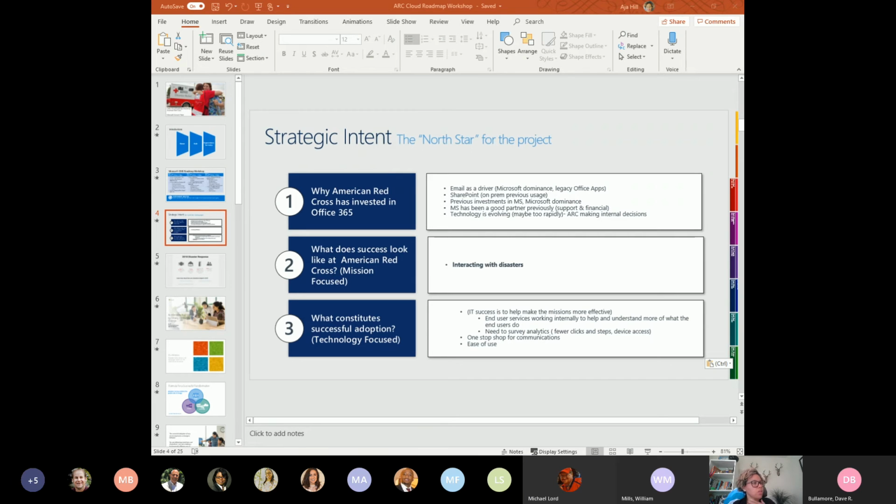Awesome. Thanks, Mike. Thanks for jumping in there. So of all the other things that were brought up, the only one that's truly mission focused is this sort of interacting with disasters. And we can see how that is leading the way to other scenarios that the end users are desiring. Once you have a true foundation of what that is, you can help them get to different places, but you're helping them to get there with these definitions of success that you've already identified.